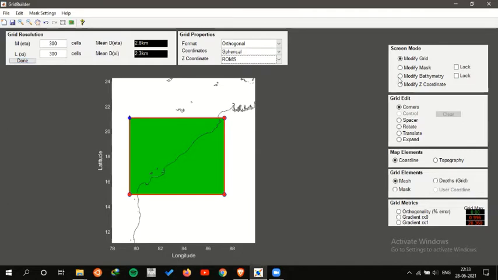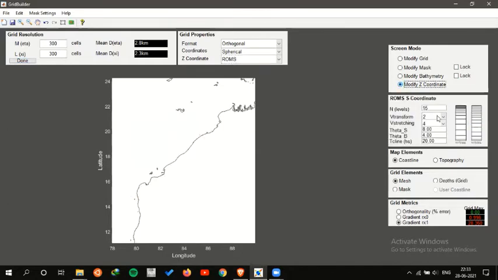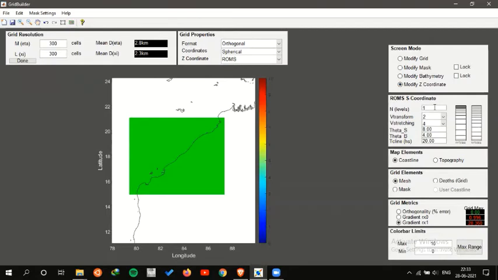Now our next job is to set up the grid parameters in 3 dimensions. Here you can set the number of vertical levels. For example, I want to have 20 vertical levels, so I'll keep it at 20. Now that has been set. Next is the transform equation, which is a factor used for 3D calculations. It can be set to either 1 or 2, and the stretching calculation can be set to 1, 2, 3, or 4. Depending on your needs and how you want your solution to look, and how ROMS would be calculating according to your desire, you have to select those two parameters. For me, 2 and 4 is pretty okay.